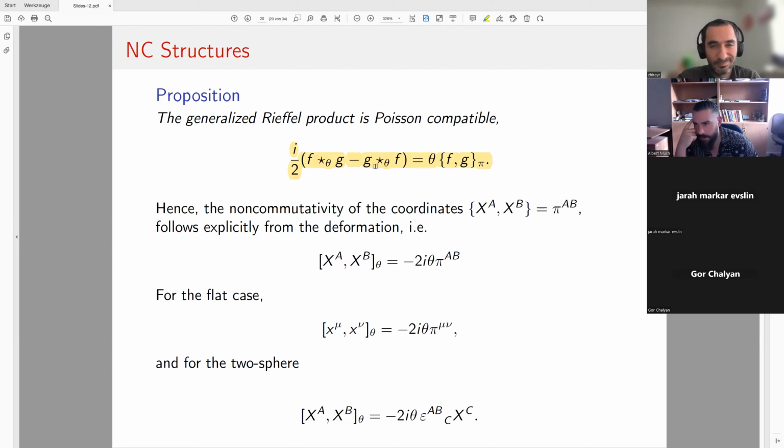And for me, why this is important is, if we think of it a little bit naively, that the commutator of coordinates gives you the non-commutativity, then the deformation thereof has to be connected to the Poisson bracket, because if you take coordinates x^a and x^b and insert them into the Poisson bracket, you get theta^{ab}. So in a sense, the deformation tells you this automatically. The star commutator is defined as this guy, right? So for the flat case, it is just theta^{μν}, which is just Moyal.